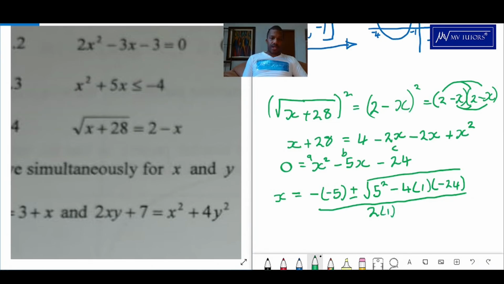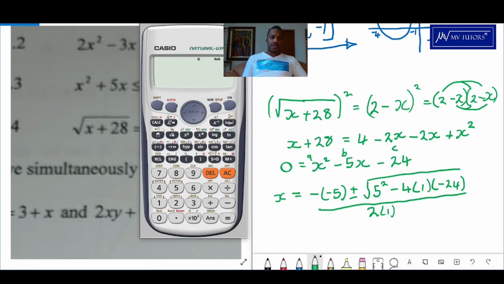Okay, let's bring back our calculator. There we go. Start with the fraction. We got 5 there. Start with the plus, square root sign, 5 squared minus 4 times 1 times negative 24. Okay, and then I come downstairs, I put a 2 there. That's equals to 8. So my first x is equals to 8,